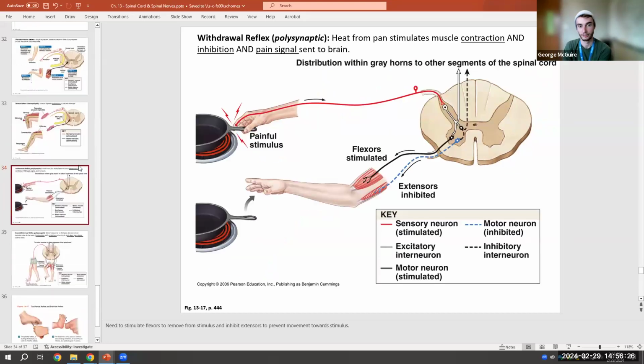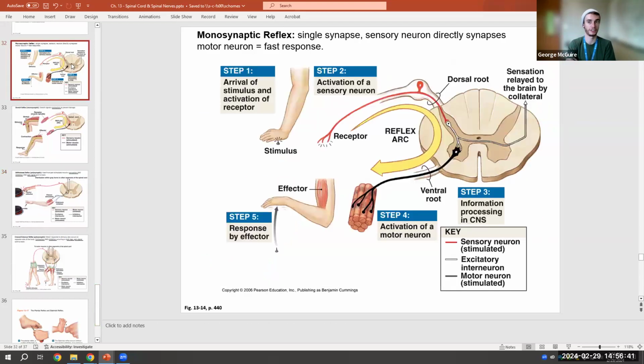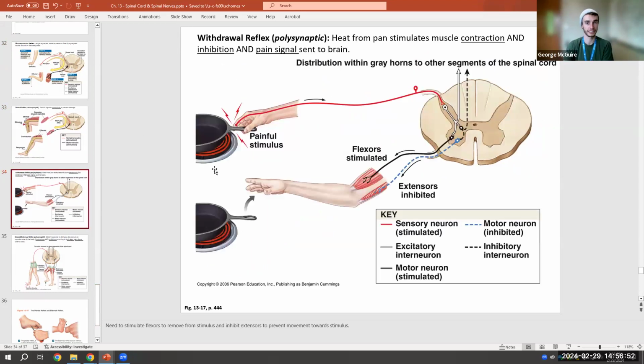Now, we do have a few other types of reflexes that involve a bit more interconnectivity. So from what we've looked at so far, we just have an effector being one muscle or muscle group. So the same action as a response. Okay? Up here, all we needed to do was flex our elbow to get away from that stimulus. Here, all we needed to do was extend our knee to try to prevent that damage. But for some things like